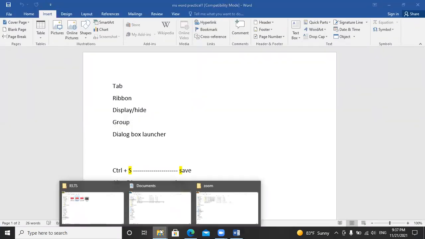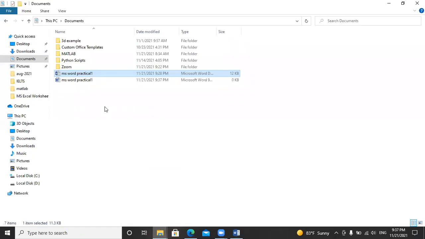So I will show you here. Here I have two files. One is in 2016 format and the other one is in 2003 format, so they have different types.